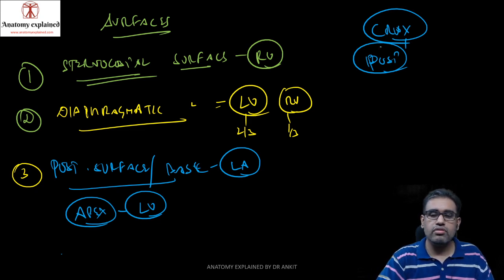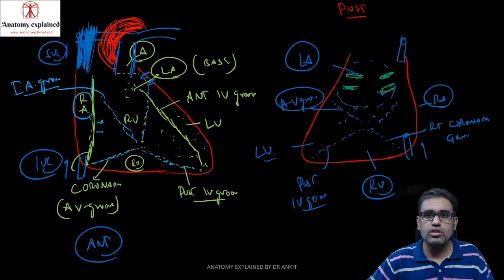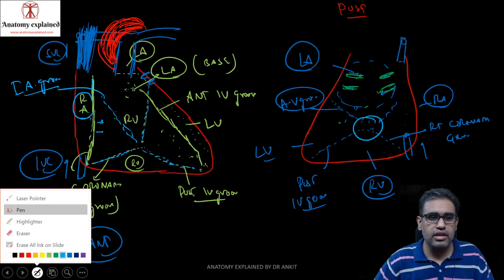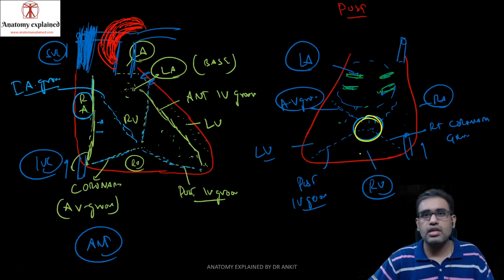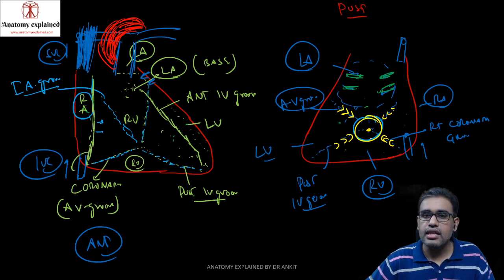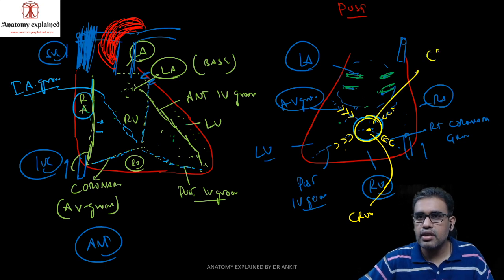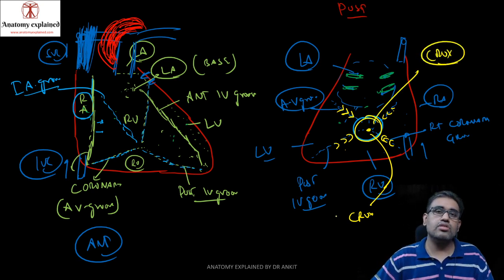So if we go back over here again, we see the posterior surface where all the grooves are meeting at this place. So this point would form what? This point would form the crux of the heart. Which grooves? The AV coronary groove from this side, the IV groove from this side, the coronary groove from this side, also the interatrial groove from this side. So interatrial, interventricular, coronary grooves. All these grooves meet at a point in the posterior aspect of the heart, and this point is known as your crux. Let me write over here, the crux of the heart.